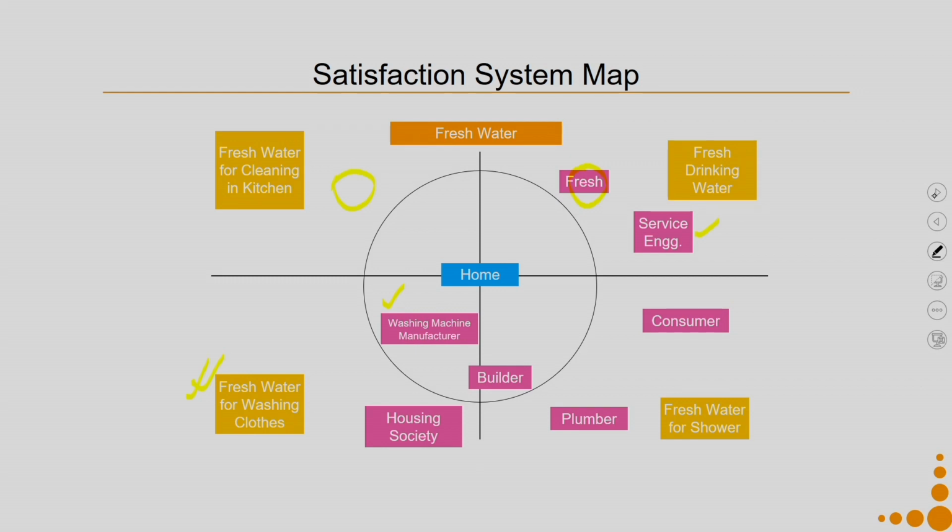Why have I put it crossing these two quadrants? Because I feel that in the concept design that I am looking at, the builder will be useful for fresh water for shower and fresh water for washing machine, because in that case a lot of plumbing activity needs to be done. So if it is done in the building as an inbuilt feature, it might be a better option.